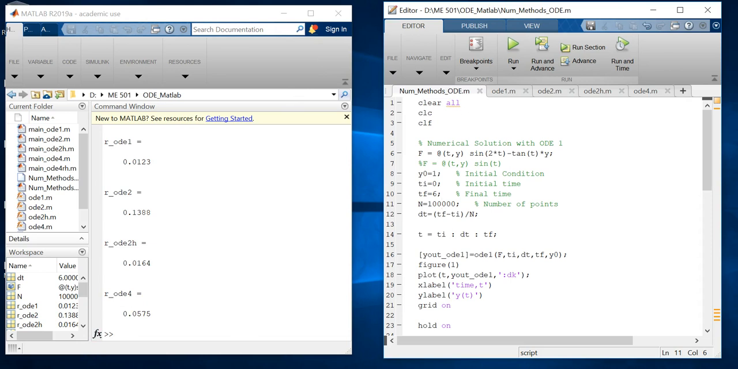So let's see, how can I do that? Gonna move this up. So